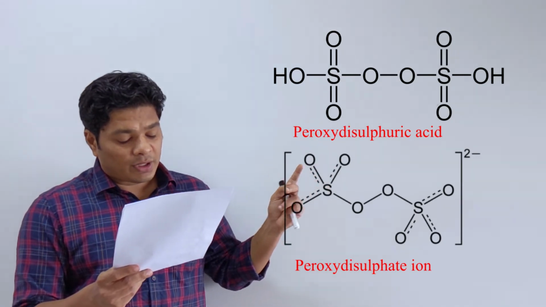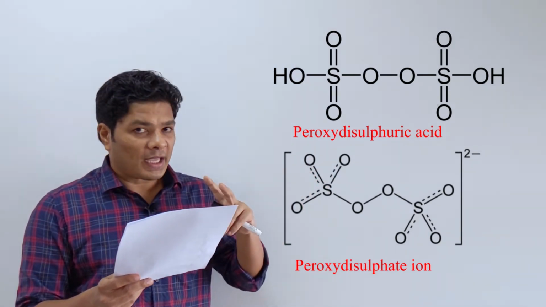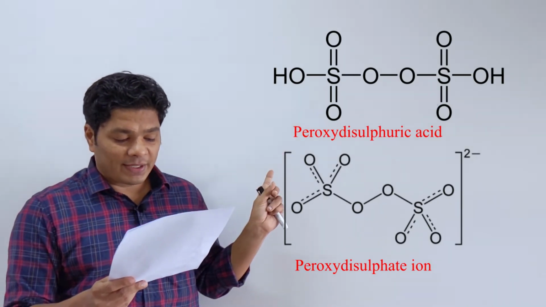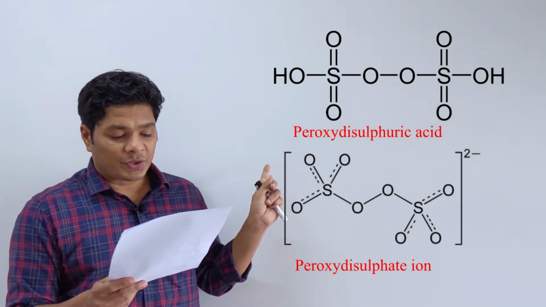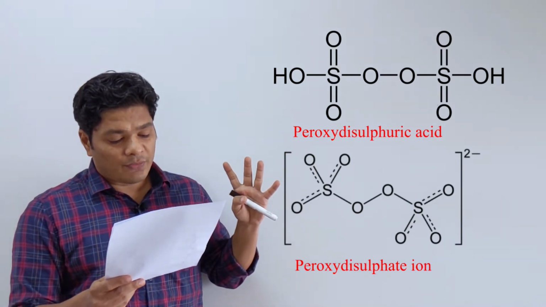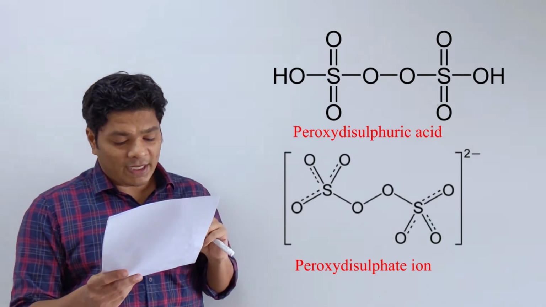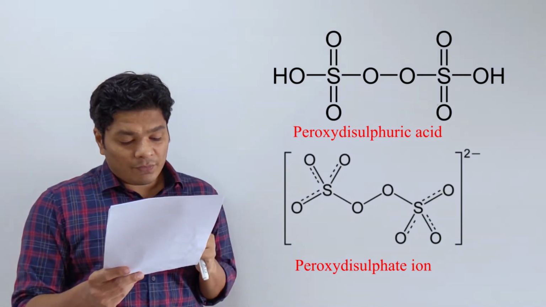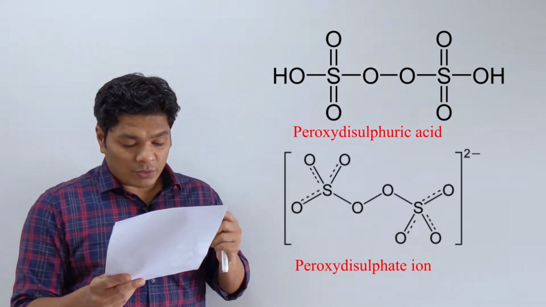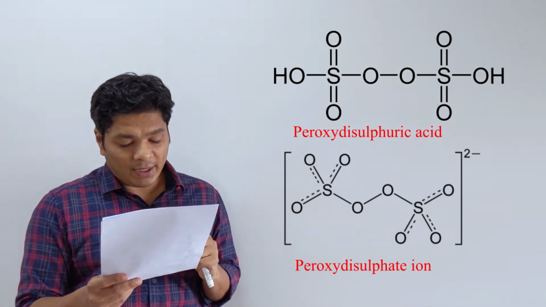For each sulfur there are 4 bonds, 2 types. The sulfur with the 3 oxygens on the terminal side is the same, because it's a resonating structure. The one with the peroxy oxygen is different. So there are 4 sulfur-oxygen bonds per sulfur, so there are a total of 8 of them. And the number of bonds between sulfur and sulfur atoms in rhombic sulfur is also 8. So the option is 8 and 8.